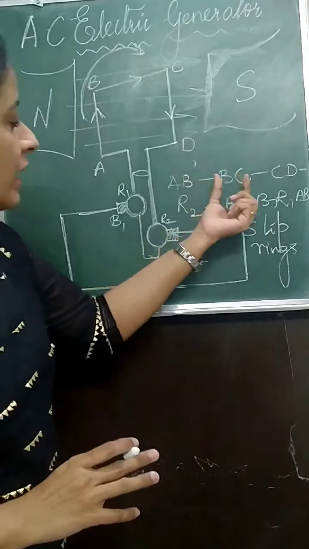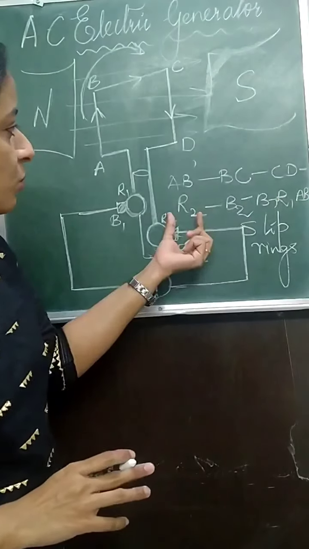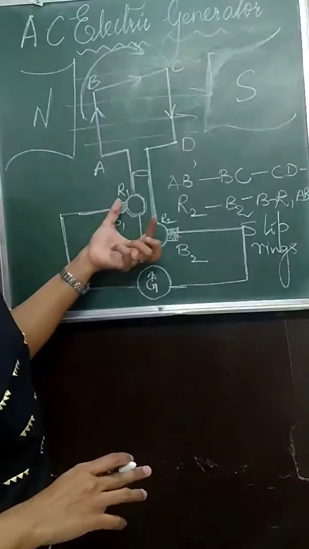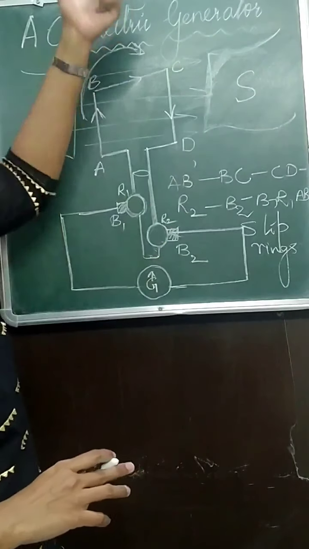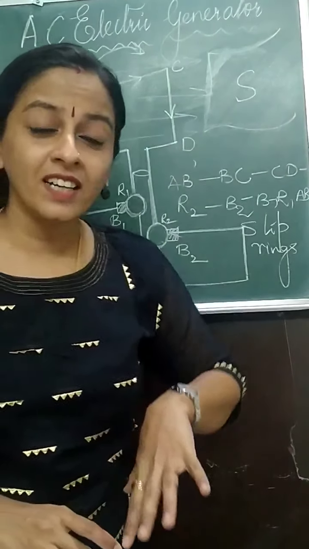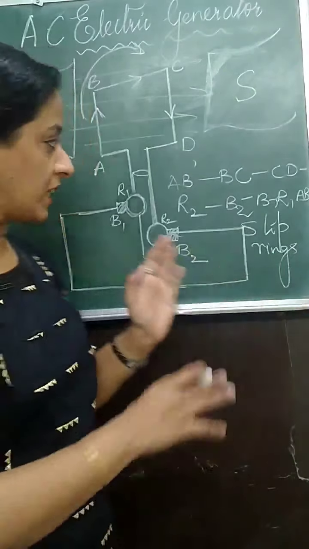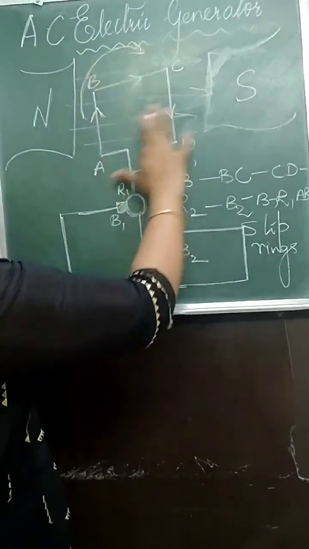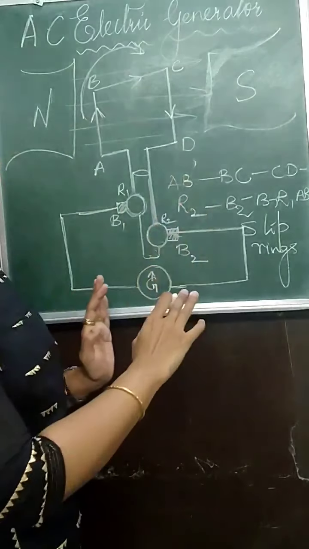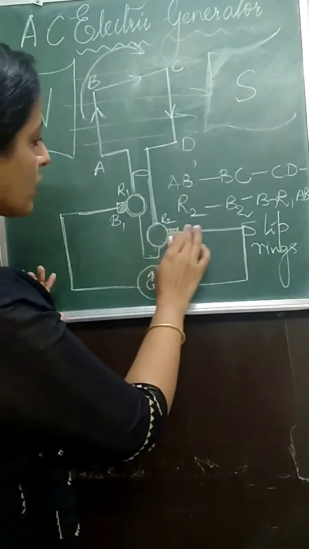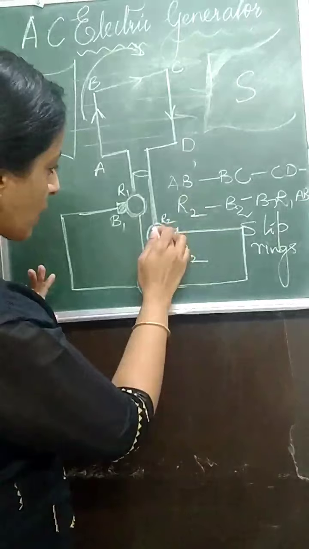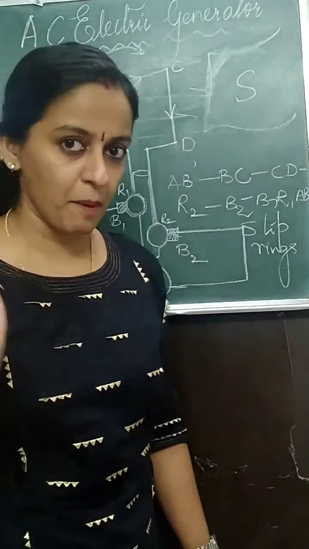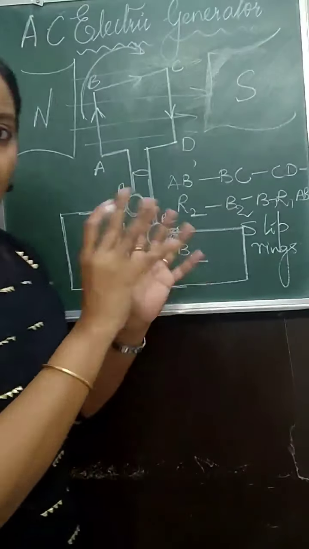From AB, then to BC and then to CD, then to ring 2, brush 2, then brush 1, ring 1 and then to AB. This way is the direction of induced current in the outer circuit. Inside it is from AB to CD. In the outer circuit it is flowing from R2, then B2, then B1 and R1. Remember this much. Now after half a rotation,